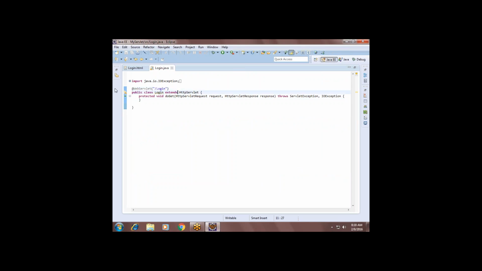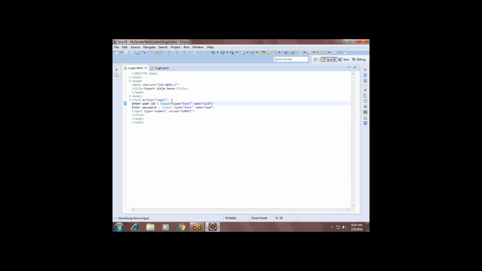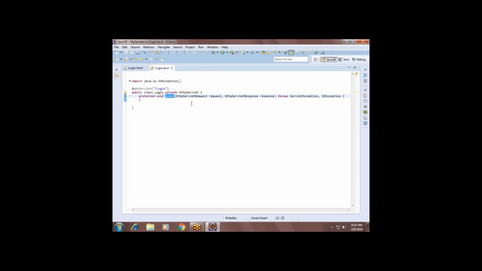So when you hit a client request with the login URL, automatically it will come to this particular page, and this doGet method is called because by default the method equals get. A GET request will call the doGet method. If it is a POST request, it will call doPost. We'll write the code here.